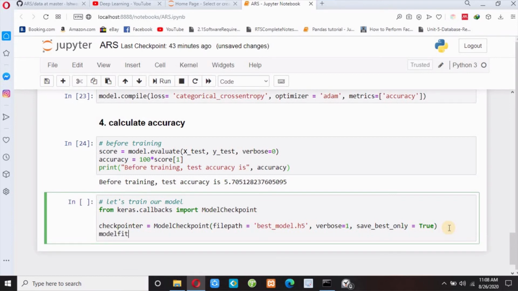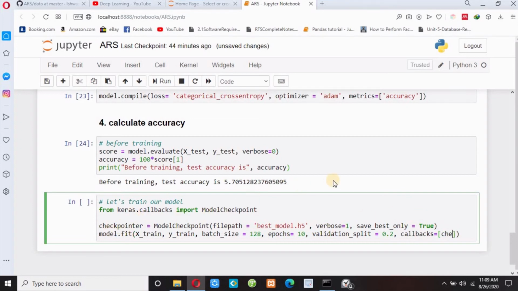So let me write first model.fit. I need to pass x_train, and then y_train, and then batch size. I need to pass batch_size equals to, suppose, 128, and then epochs equals to 10, and then validation_split equals to 0.2, and also we need to pass callbacks equals to, we need to pass this checkpointer also.